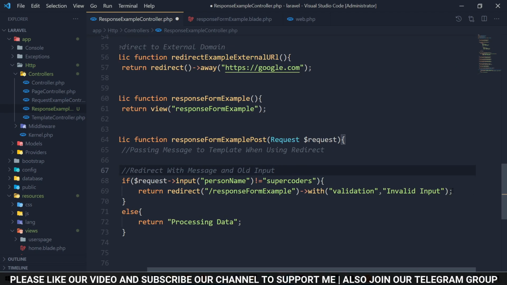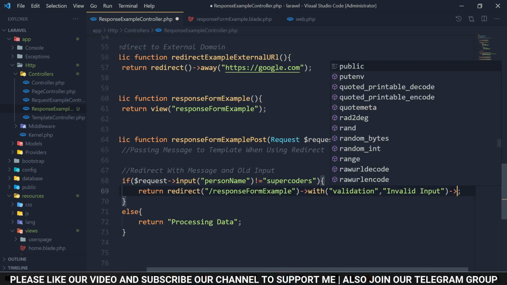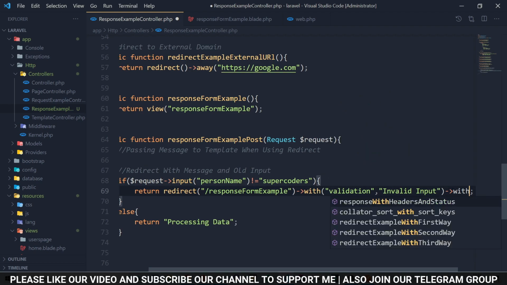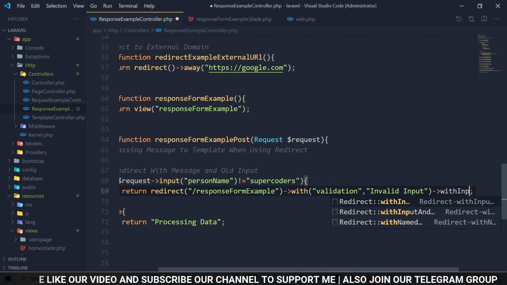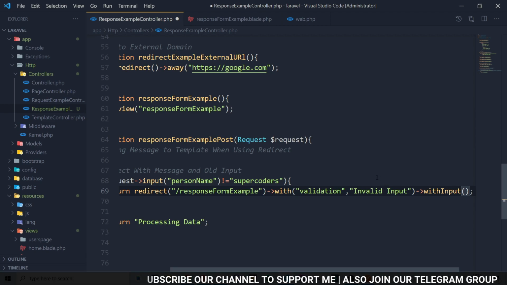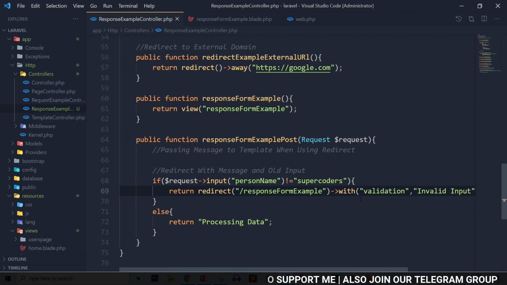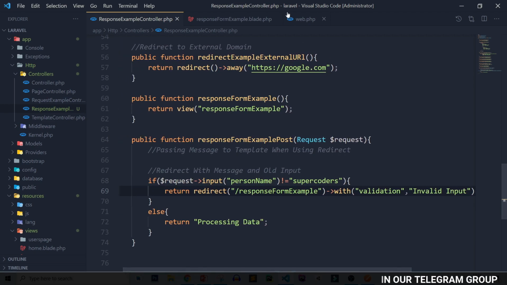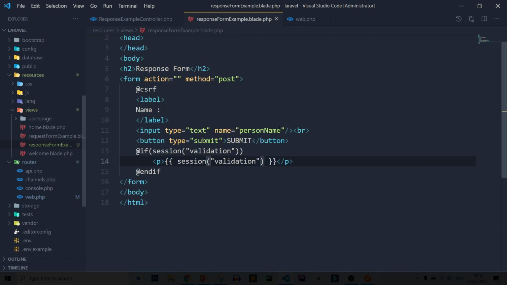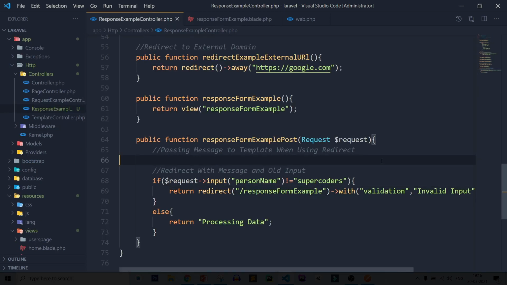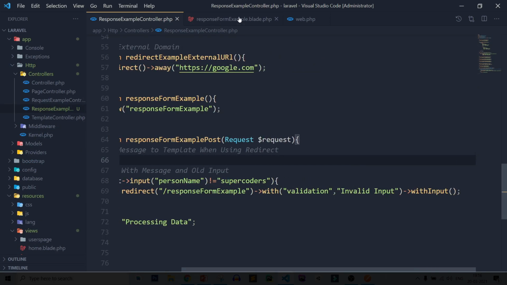Let's see how you can pass the old input. For this you need to add with input. Now save this file. Then you need to come to this form, and let's see how you can access the old input.